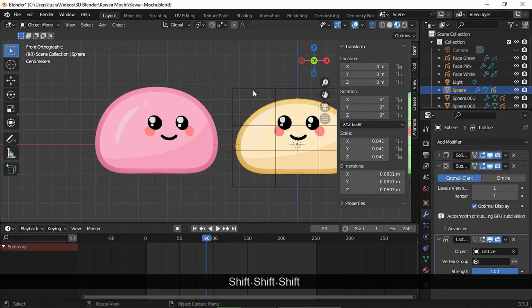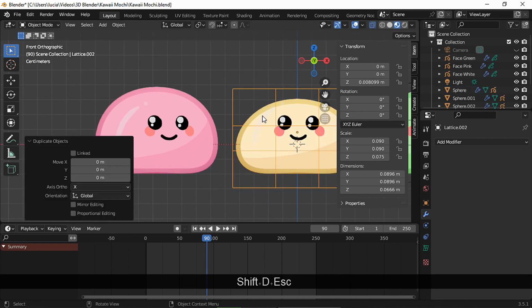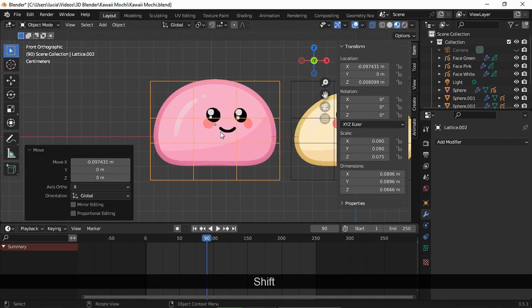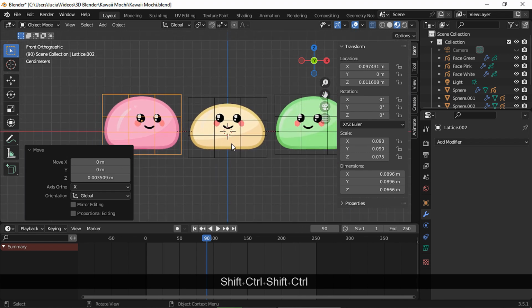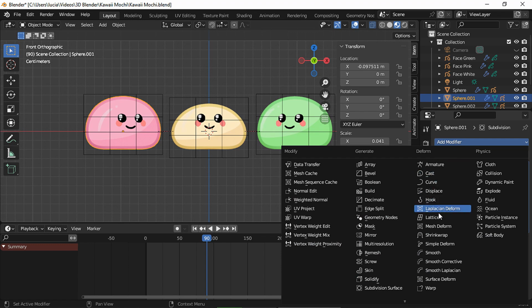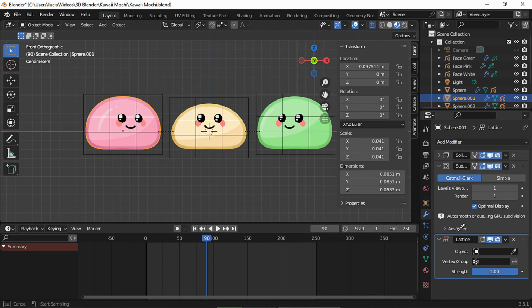And duplicate another one. And now add a lattice modifier for the pink and for the green mochi.